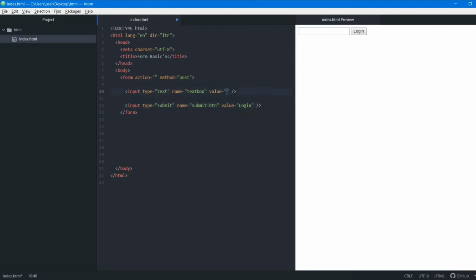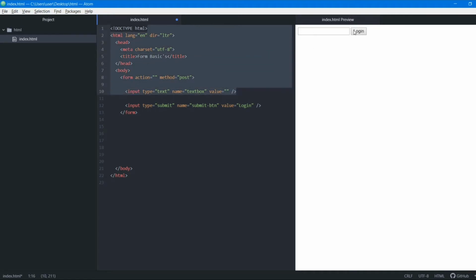Now, what about this value? What does this value do? So I want to write my name here, right? I'll write my name and I'll log in. But what if I use this value? I write something in this value. If I write my name in this value, you can see that now while this site loads, my name will already be there. Do I want that to happen? No, right? Because I want to collect data from the users that visit my site. So I don't want this. So I'll leave this value field empty. But you should always add this field, okay?